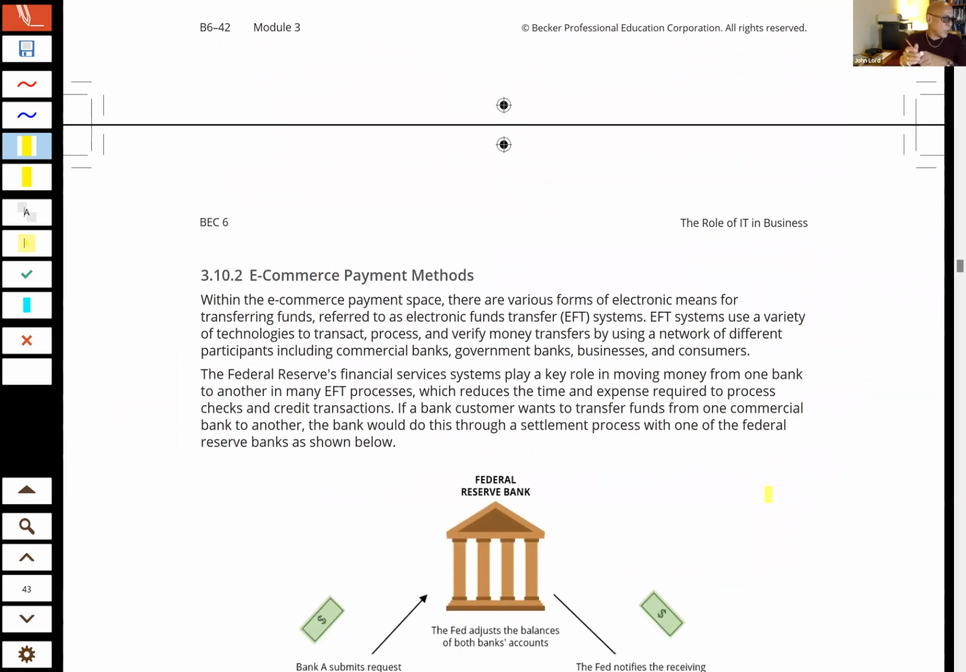And so you start to look at some of these, and, again, I think they got a little full of themselves with some of these graphics, and they start taking up some pages here with graphics. But let's just take a look at a couple of key things. And when we talk about e-commerce payment methods,